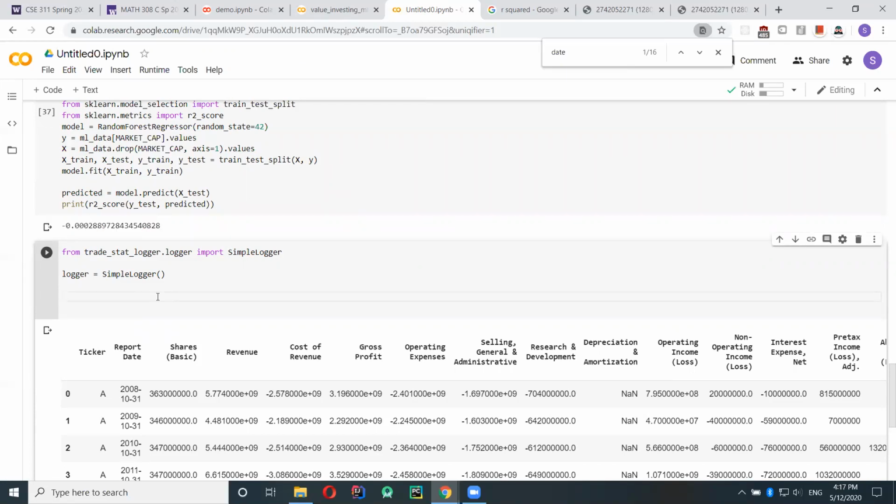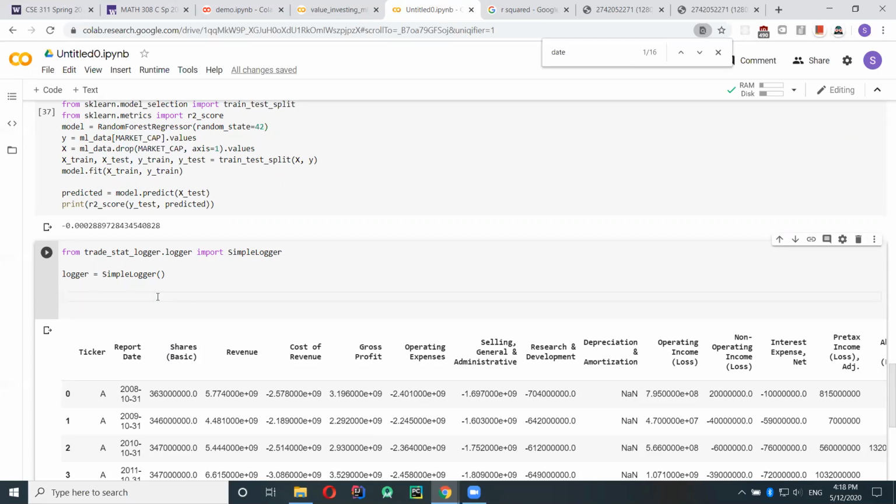Oh, nice. 42, the answer to life. Okay, so what random state basically does is it makes it not random. It's actually kind of funny. It makes it deterministic. Like you saw earlier when I ran my model multiple times, since there's a lot of random stuff initialized, every time you run it you'll get something different for your prediction values.